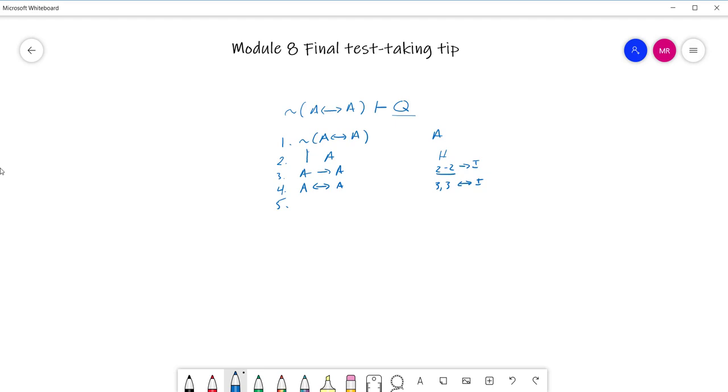So we just say Q, right? And we say Q because there's now a contradiction between 1 and 4. So 1, 4, con, and we're done. Okay? So it's a very simple little proof as long as you realize that you can't